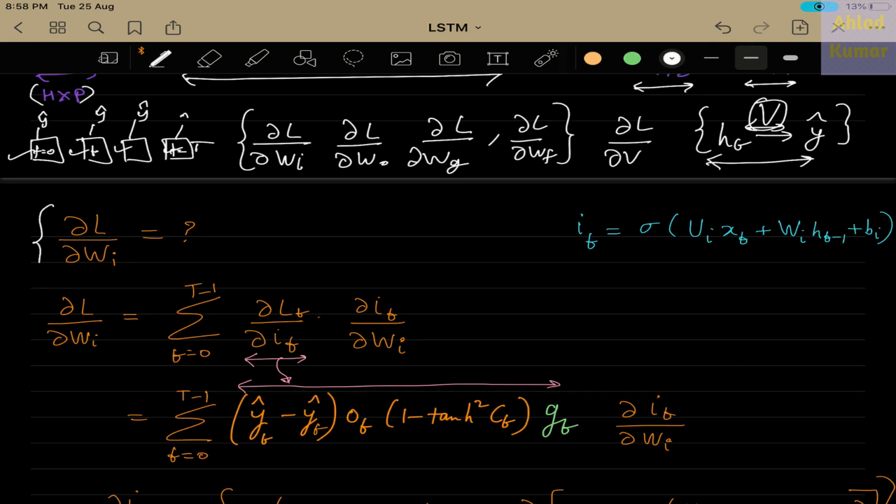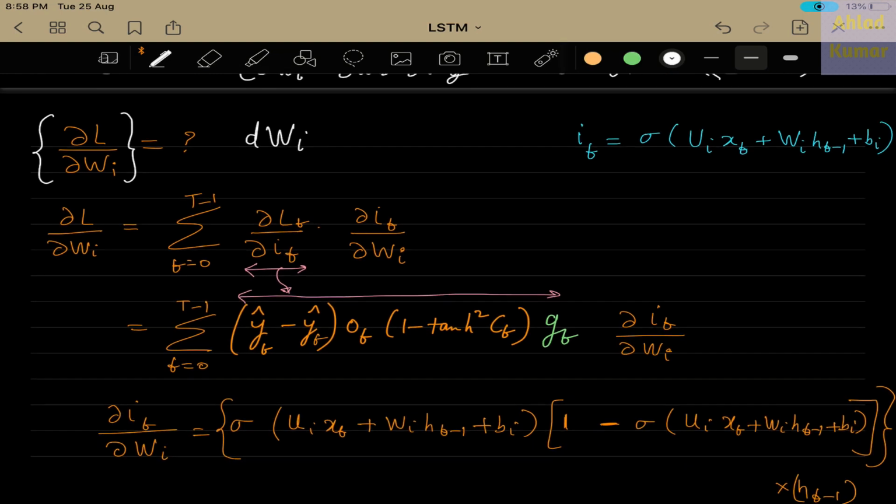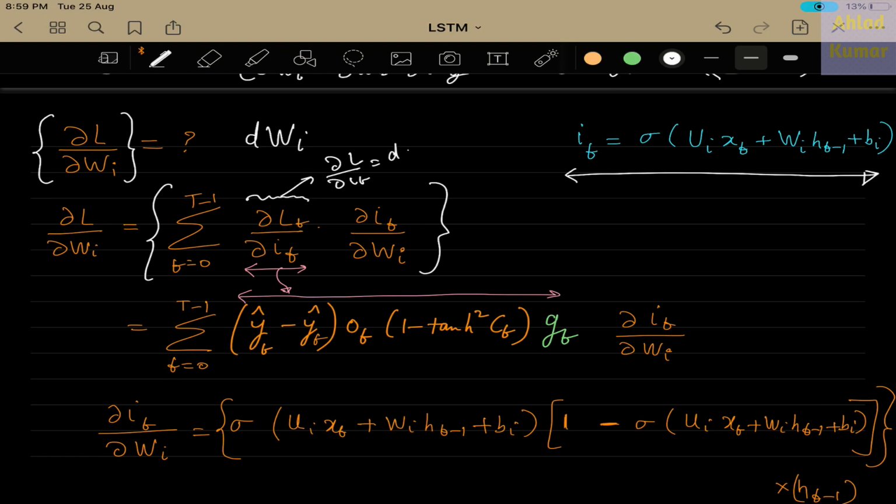Now we have to calculate the derivative of the loss with respect to the input gate weights, which we also call dWi. This can be calculated using this, that is the derivative of the loss with respect to i_t, and then the derivative of i_t with respect to Wi, and this is the extra equation that is taken from the forward propagation. And this is basically calculated earlier, as I told you that we have calculated the loss with respect to all the input gates and all input states. So this is basically a particular input gate, the loss with respect to the particular input gate, that is di_t. This we have already calculated, which is given over here. So you can see from your earlier derivation.